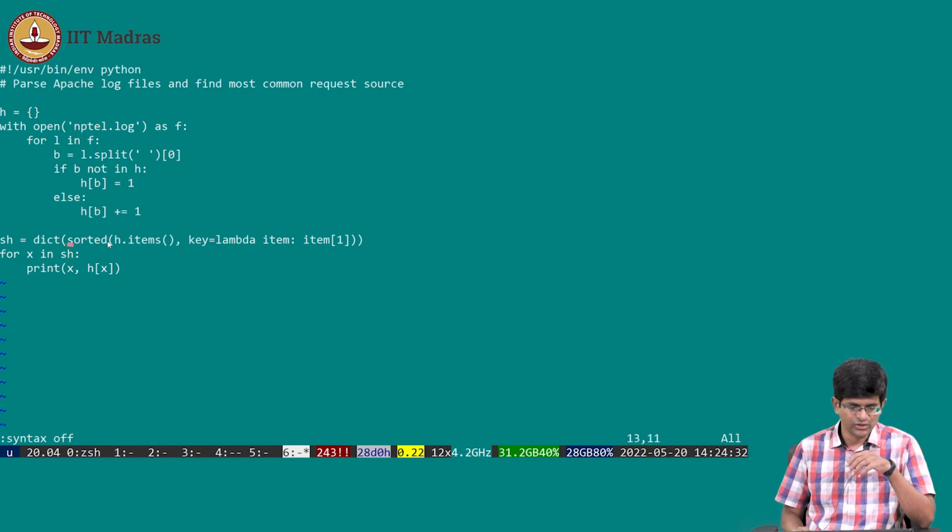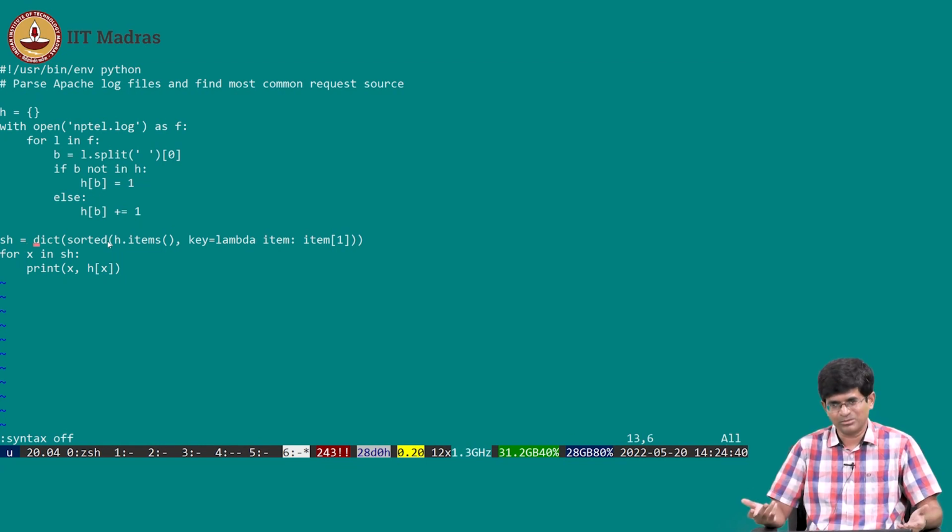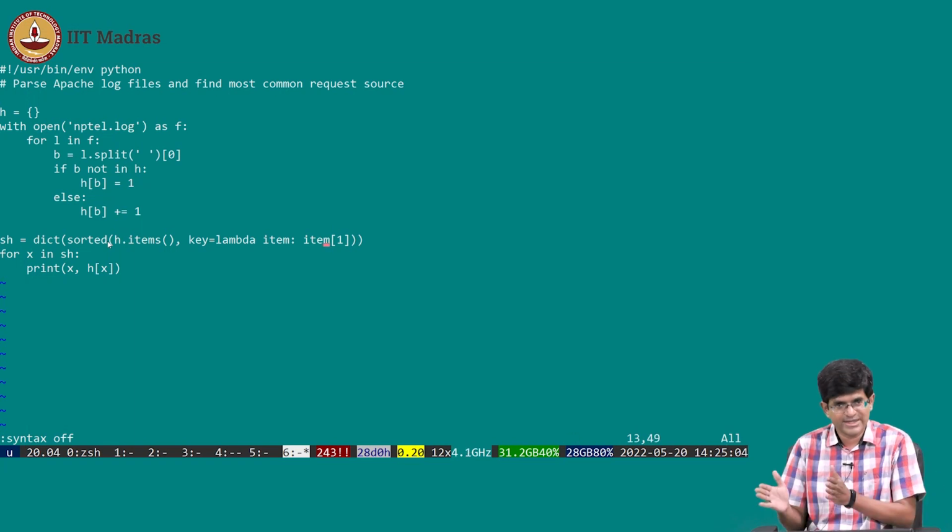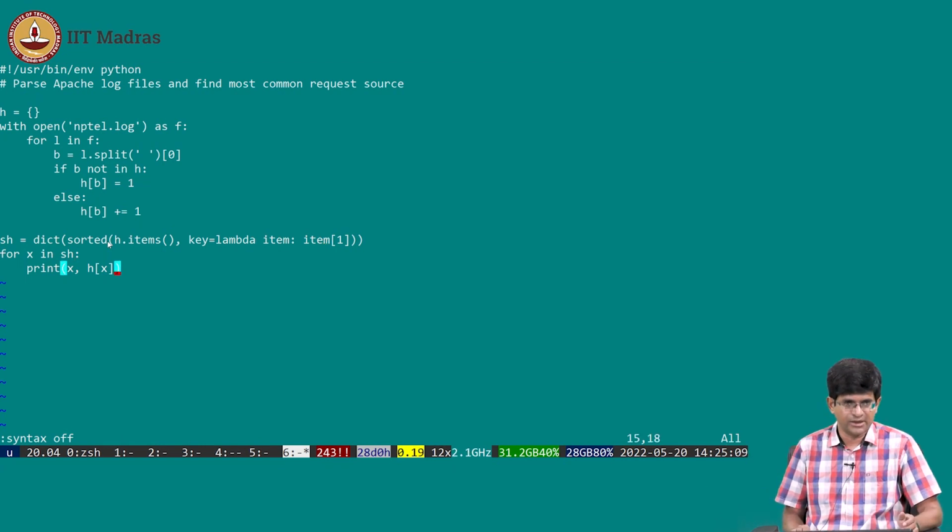So this particular piece of code, frankly, when I come up with something like this, I need to go on Stack Overflow and look for how to get the values from a list in sorted order. You find out how to get the list values in sorted order, and this takes all the item values, the keys, and sorts them and returns a dictionary which contains the same thing, but now with the sorting done on item of 1, that is to say on the second parameter, the number of times it was hit. And all that I'm going to do is just print that out over here.